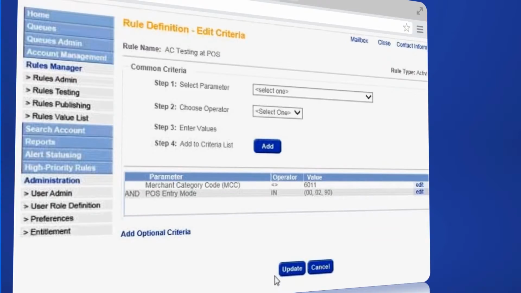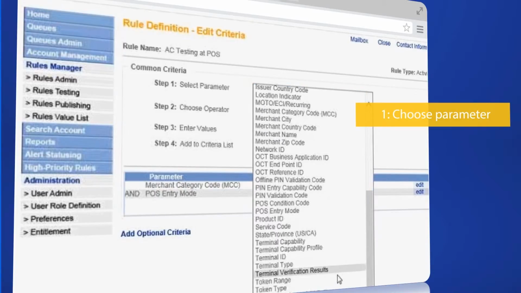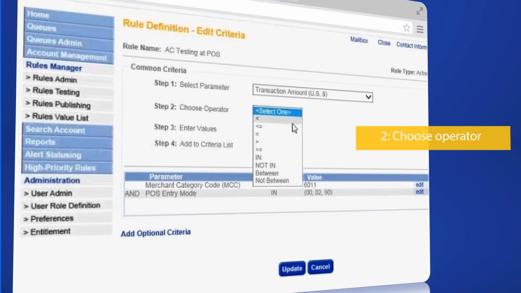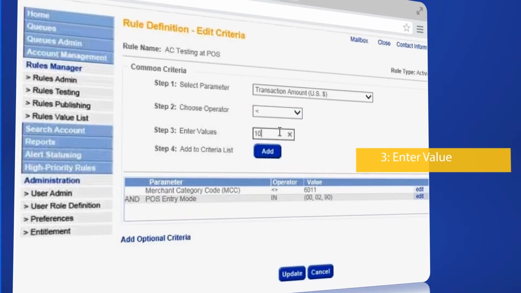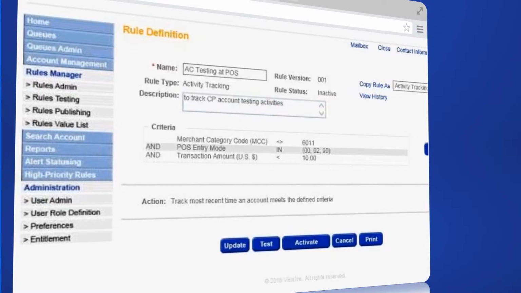The transaction amount, i.e. less than $10, must now be set. Select Transaction Amount from the Parameters drop-down menu. For operator, select Less Than and $10 as the value. Then click on Add and Update. The activity tracking rule to track non-ATM card-present account testing activity is now ready, and we can proceed to create